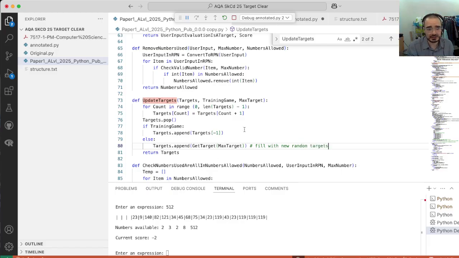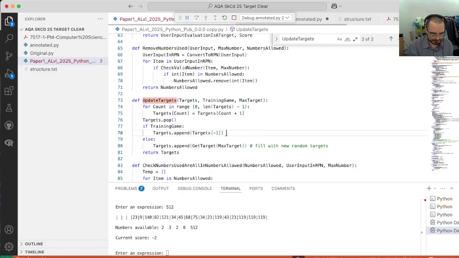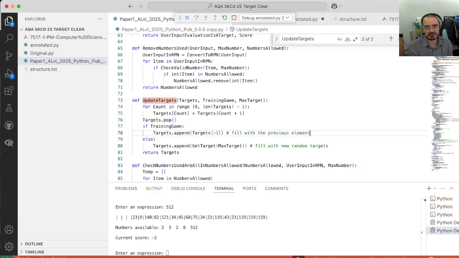targets. Fill with the last element, the previous element, but the current last element, essentially, because the last element might not be the same last element. This will cycle the list forward and